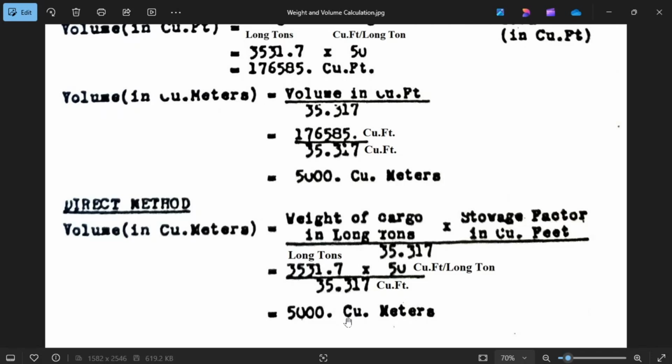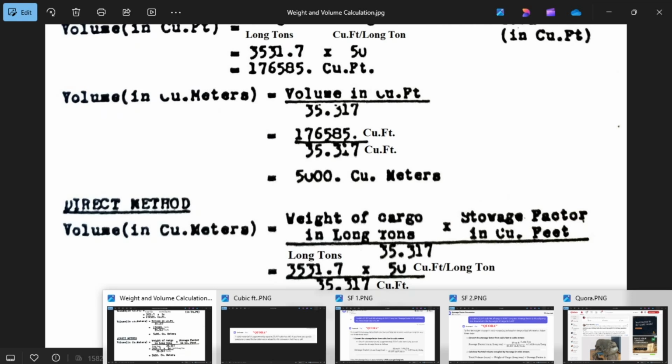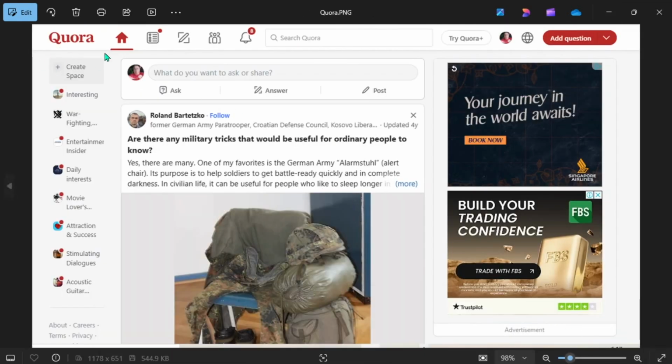But there's another solution, guys, by using this app, Quora. So you search this in Google, and you will get this Quora, and you type any questions here, and it will give you outright answers. There's an assigned person that will answer your questions, any kind of questions. So from Google, you type Quora, and once you're in, you type your questions here, and it will give you the answers to your questions. Okay,